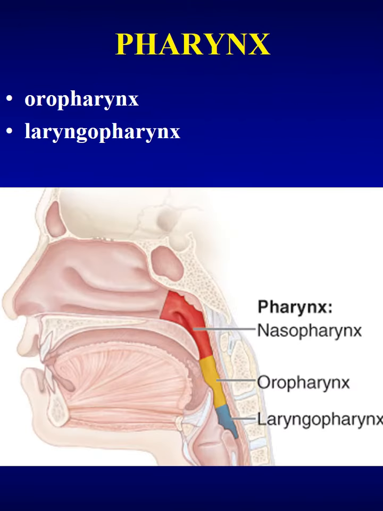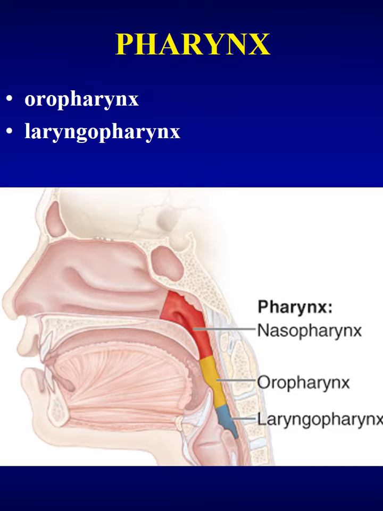The pharynx, or throat, is a common space that's used by the respiratory and the digestive systems. It is funnel-shaped, with a slightly wider superior region, and it narrows the more inferiorly you go. It originates posterior to the nasal and oral cavities and extends inferiorly to the level of the bifurcation of the larynx and esophagus. The regions for the digestive system include the oropharynx, which is the middle region of the pharynx,